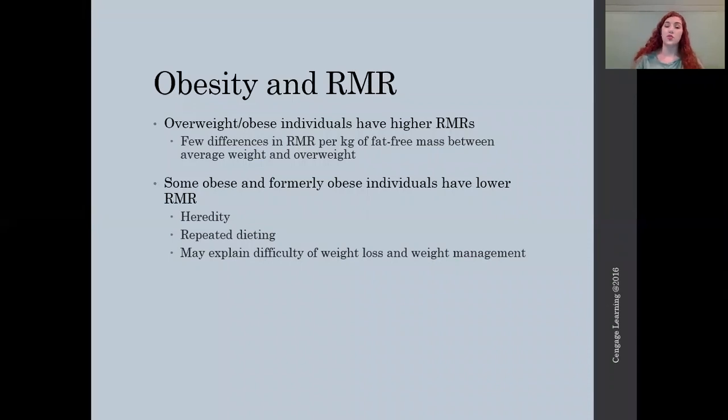Overweight and obese individuals have higher RMRs, like we previously talked about. A good portion of this is due to the fact that they do have a higher weight. However, some things such as heredity and repeated dieting can also play a role in the end result of their RMR. And repeated dieting is like yo-yo dieting, where an individual will be on a diet for a period